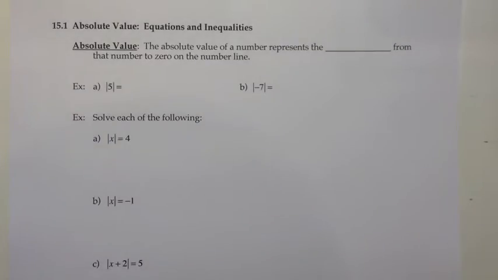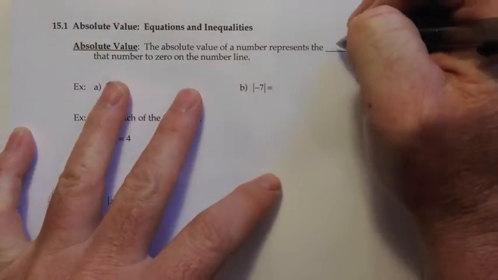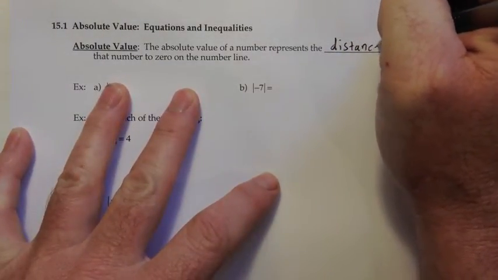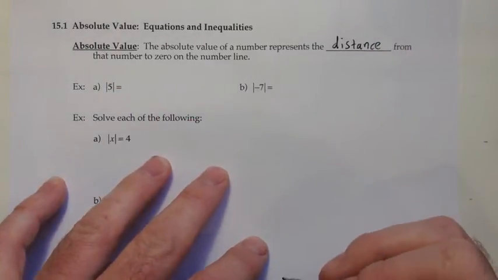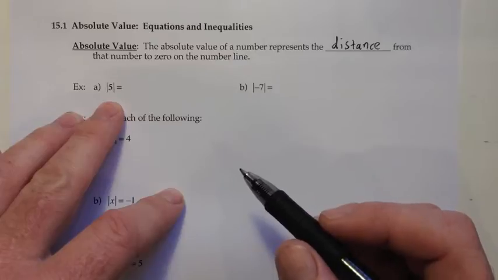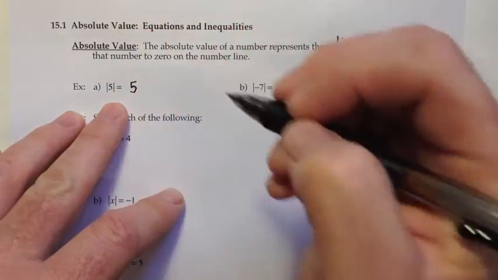Section 15.1, Absolute Value, Equations, and Inequalities. So the absolute value of a number represents the distance from that number to 0 on the number line. When we're asked the question, what's the absolute value of 5, we think about how far away from 0 is 5 on the number line, and it's 5 units to the right, so the absolute value of 5 is